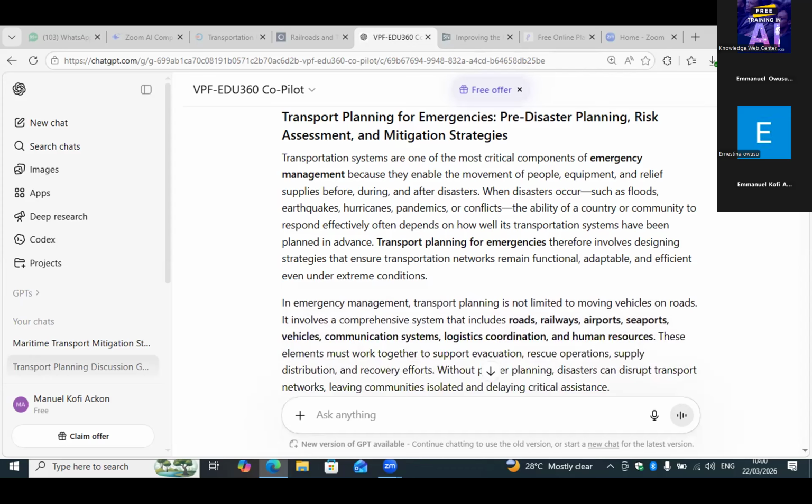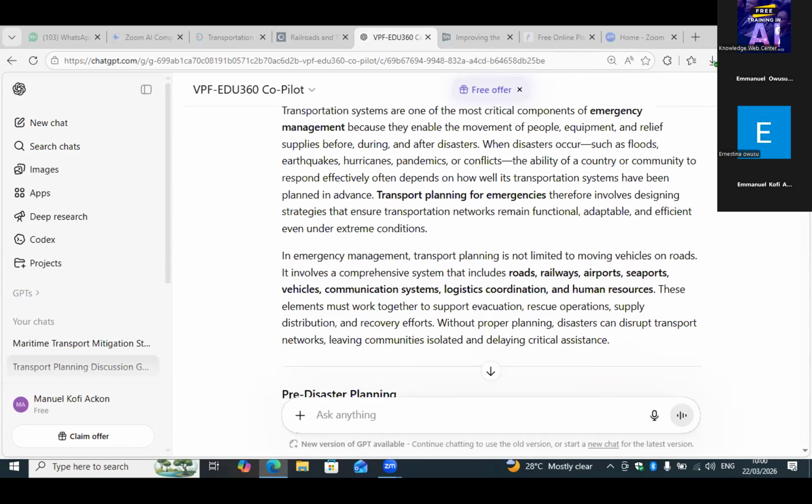Transportation systems are a critical component of emergency management, because they enable the movement of people and relief supplies before, during, and after disasters. When disasters occur, such as floods, earthquakes, hurricanes, pandemics, or conflicts, the ability of